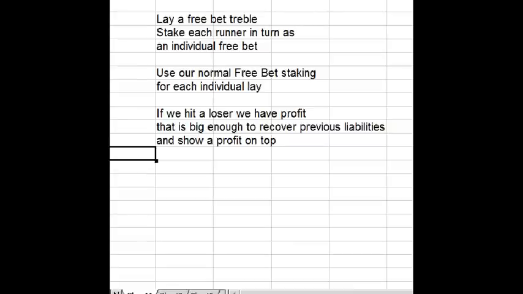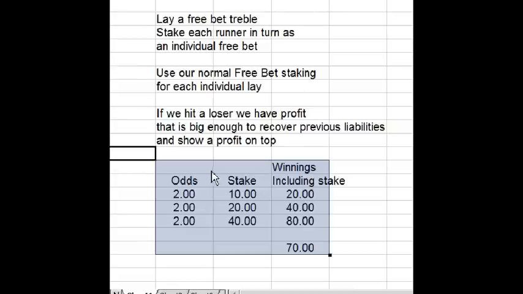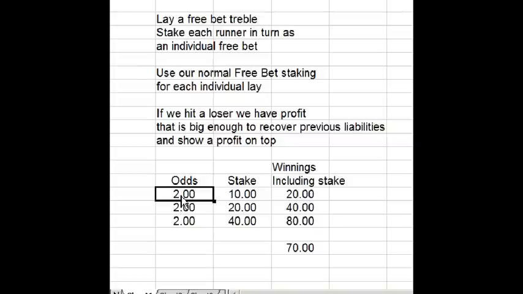Now just to show how the staking goes in a treble, I'll give an example. If we bet a treble at odds of evens for each of our runners, with a free bet stake for our free treble of £10, if we win with the first one at evens, that will win another £10 plus our £10 stake, so we'll have £20 going on to the next runner. If that wins at evens with £20 on, we get £40 going on to the next runner, and if that wins at evens, we have £40